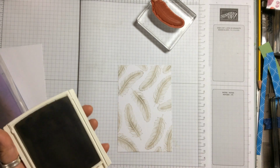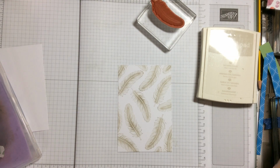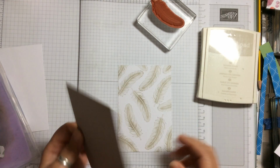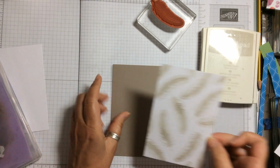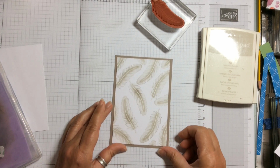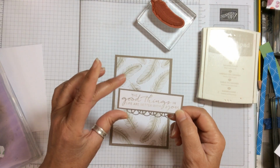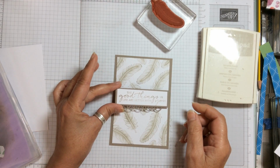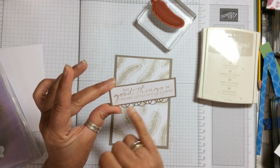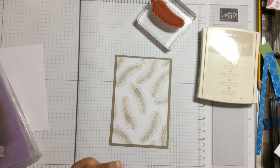Okay, so we are then going to just put it on a piece of Sahara Sand base. So we put it on there like that, which then just makes it pop a little bit more. And then I have taken a sentiment from there, which is "the good things in life are better with you." I've just cut it so that it will fit across my card, and I've just embellished it with the dies from the Poppies set,